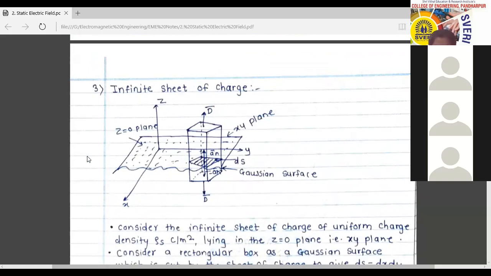Now just consider this. This is z equal to 0, which means I told you that this sheet is placed in the x and y plane, right? So you can consider this rectangle. Whatever the surface on that sheet is shown by this ds, and this rectangular shape is your Gaussian surface. Whatever flux comes out will be